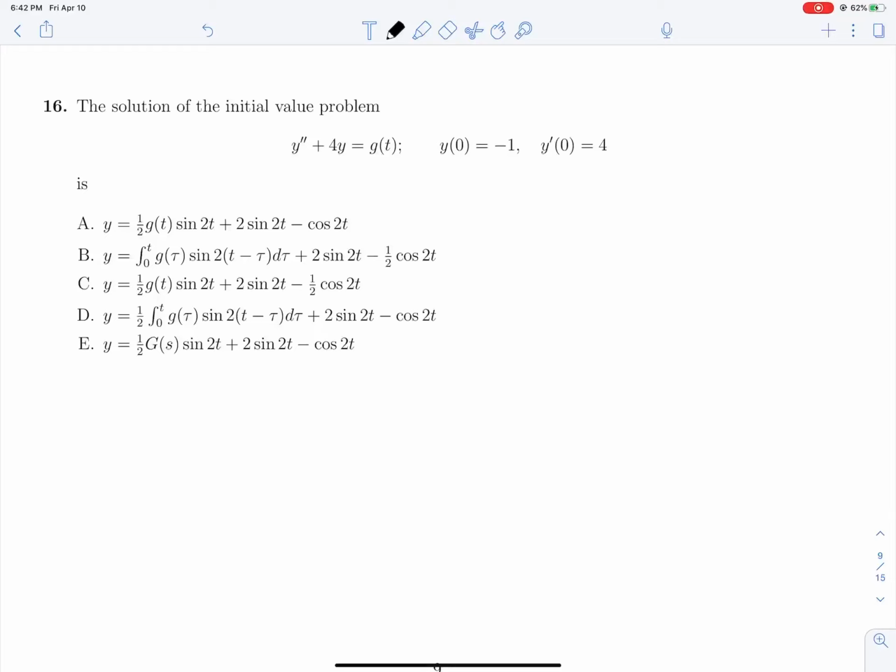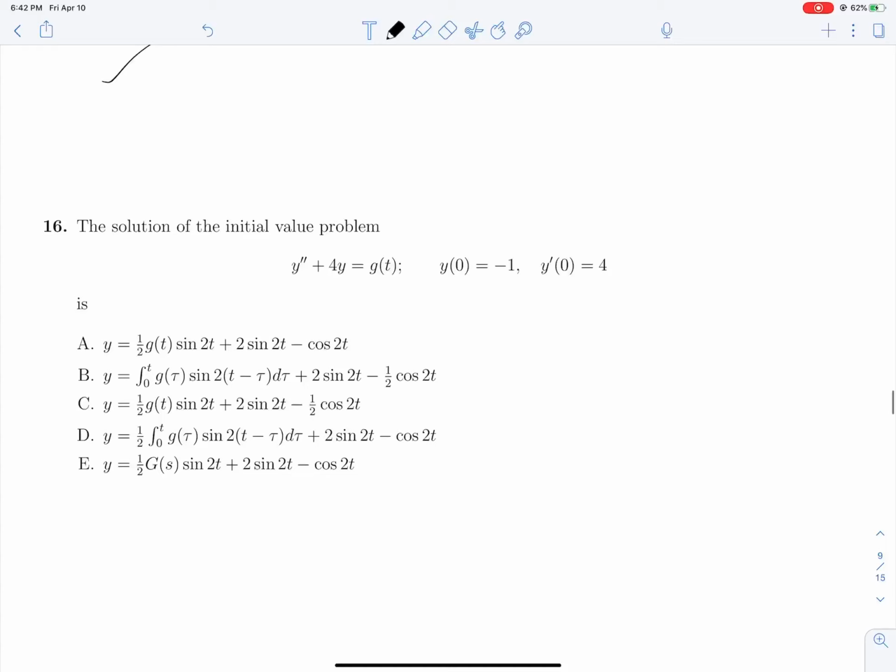16, the solution to this initial value problem here. Okay, so I'm relatively new to Laplace. We'll see how this goes. We are going to need to write down a couple of facts. The Laplace of y double prime is equal to,